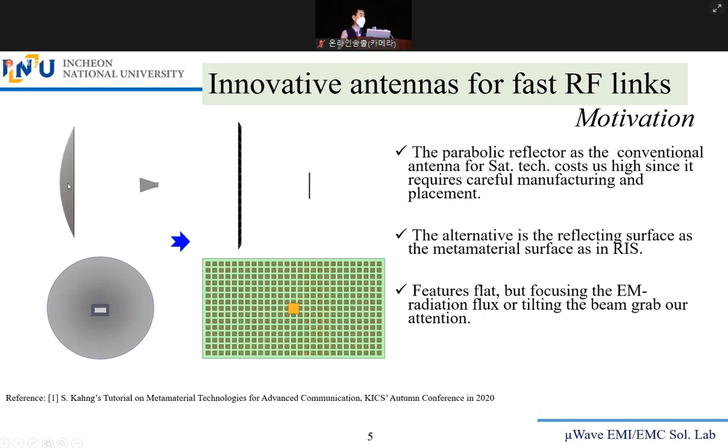This parabolic structure is made out of metal and is a curved structure. This is a side view of the total system. This is called the horn antenna or primary source, or just simply source. This is a reflecting surface. So horn antenna gives the 5G or Ka band signal here and hitting and bounced back to where it started and passing the horn antenna, and it reaches the receiver at the far field.